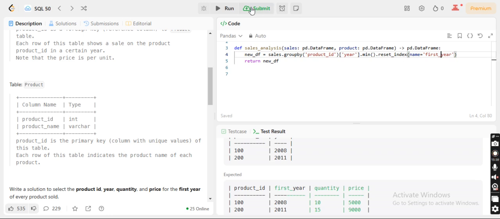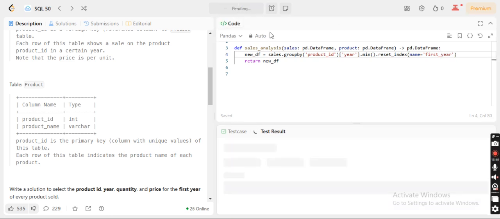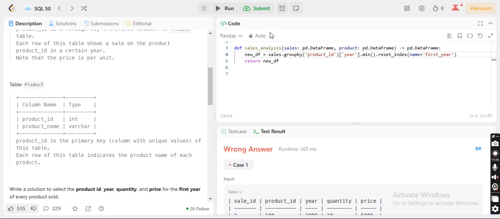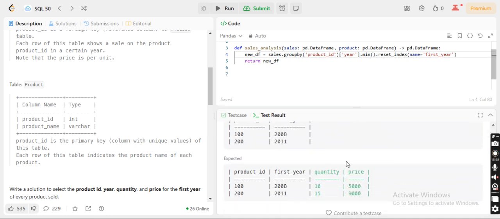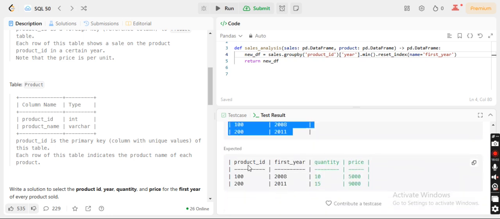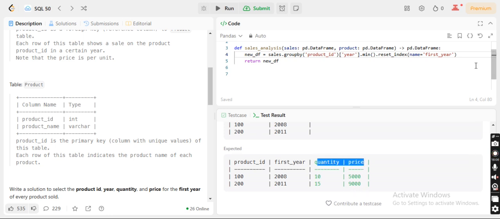First year. So now these two are done. These two we got. Now what I need is this part, quantity and price.